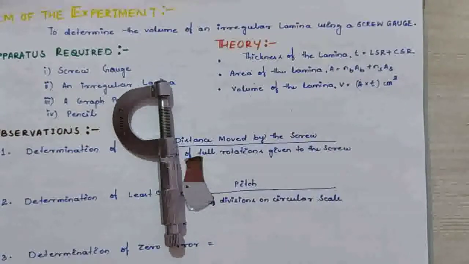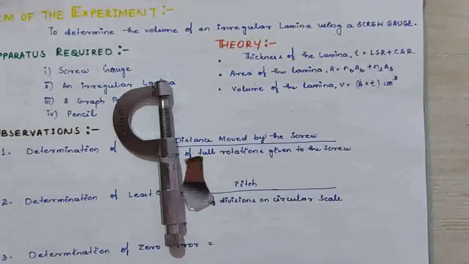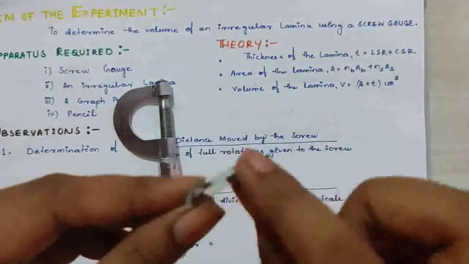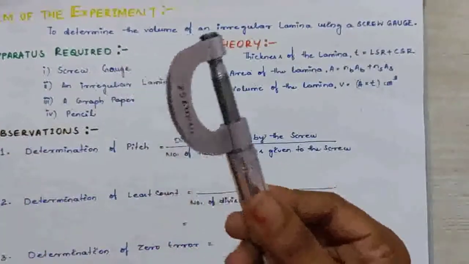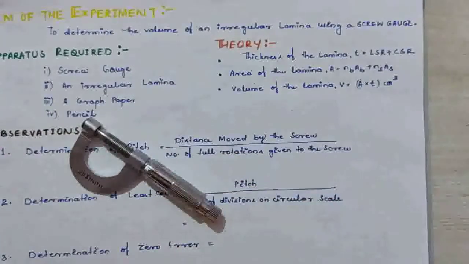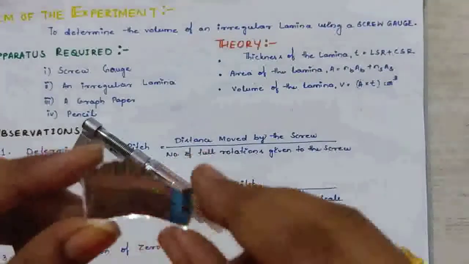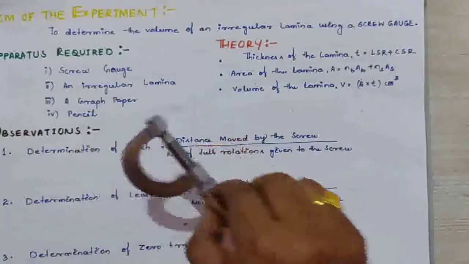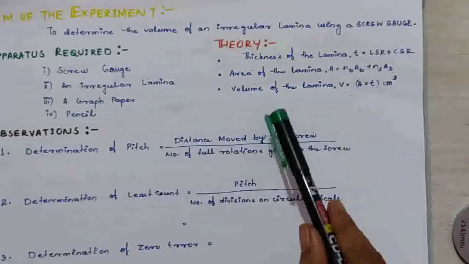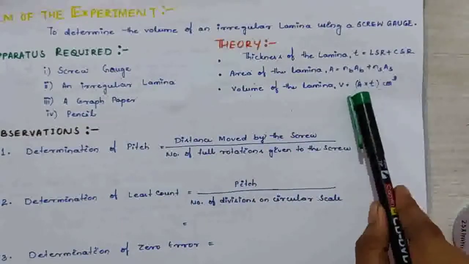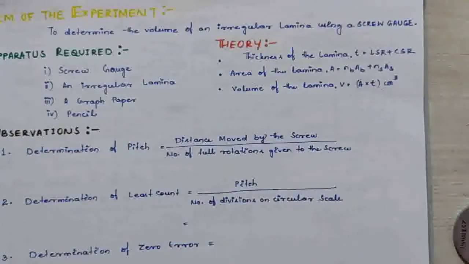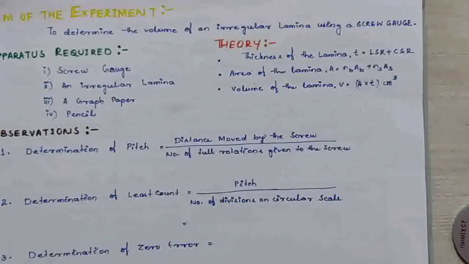So as I said, we need to find out the volume of this glass lamina. For this we have to measure its thickness, which will be measured using the screw gauge, and next we have to measure the surface area, which can be measured with the help of graph paper. So the working formula for this experiment is volume equal to area times thickness of the lamina, and thickness will be measured by the screw gauge, as in the other experiments,